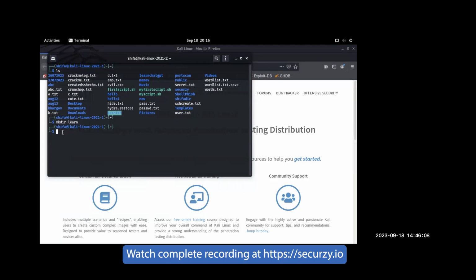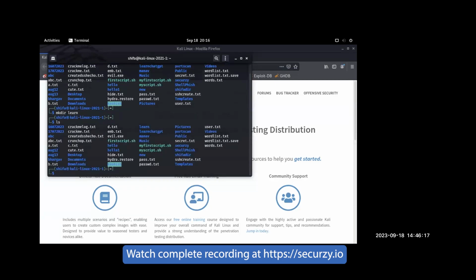Now, how do I confirm that the learn directory has been created? Obviously, I'll do ls and check whether the learn directory has been created or not. So you may quickly go here and see that yes, the learn directory is now created. Now, if you want to go inside this learn directory,